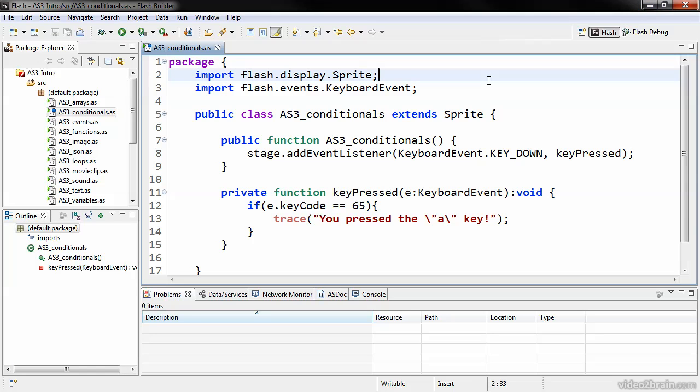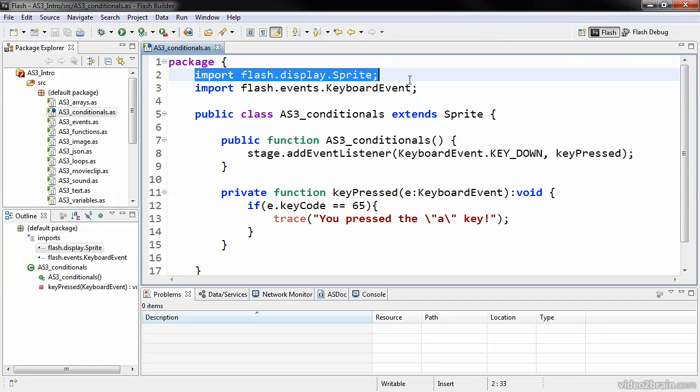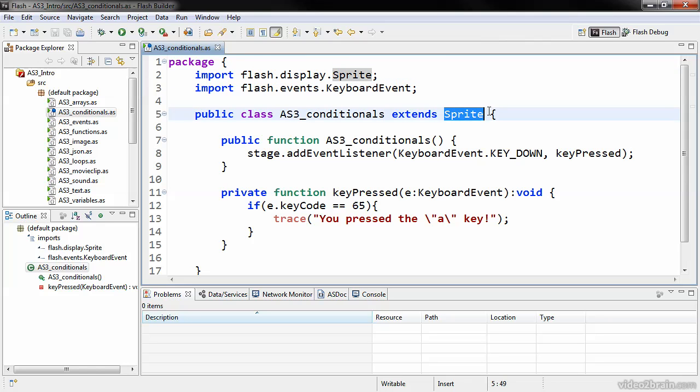So let's go through this code. I'm importing flash.display.Sprite, and the reason we import that is because our class here extends Sprite. We're also importing flash.events.KeyboardEvent. And the reason we're doing that is because within our constructor function here, we're assigning an event listener to